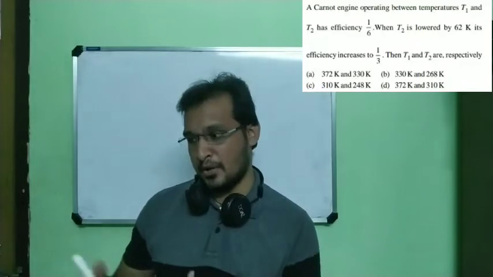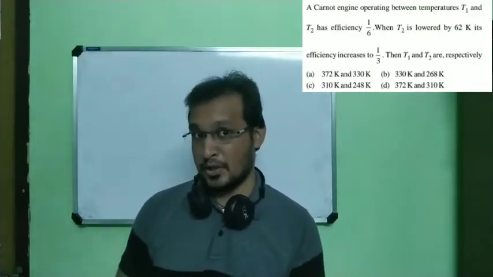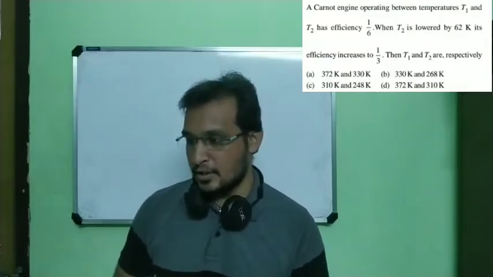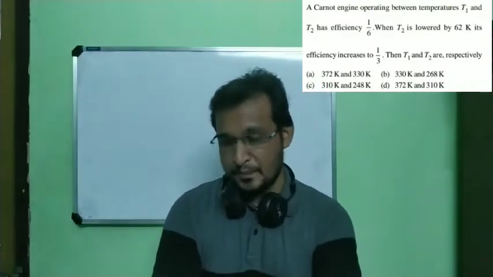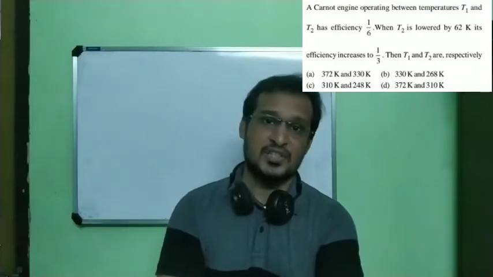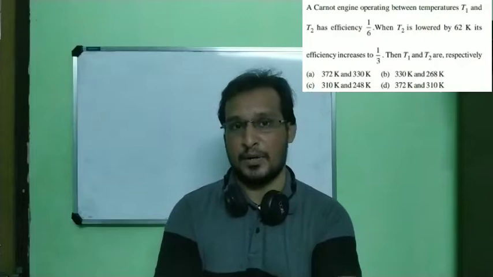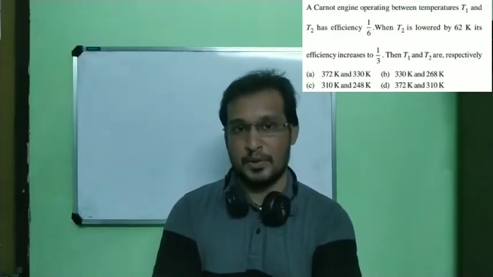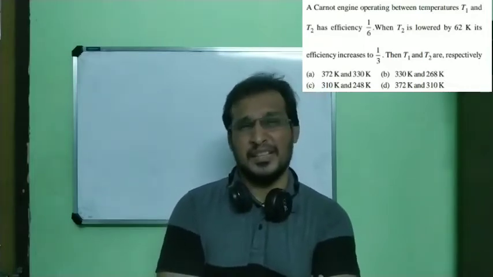See, if we do it by the normal method, it may consume some time. So here is my shortcut also. First thing, if you see a question like this, just write the given values, understand the question, and check which part of the chapter it is asking from. When you see this question, this is from thermodynamics, the second law of thermodynamics. That is the first thing you have to consider. Then write the given values.